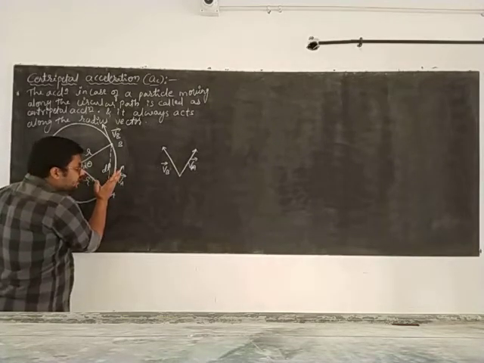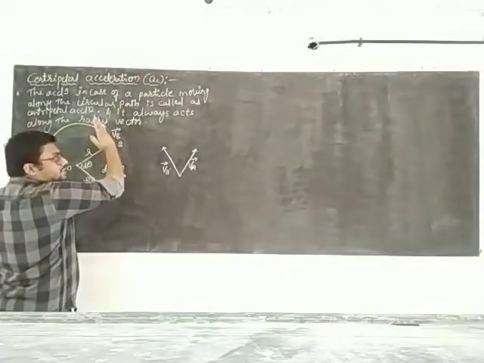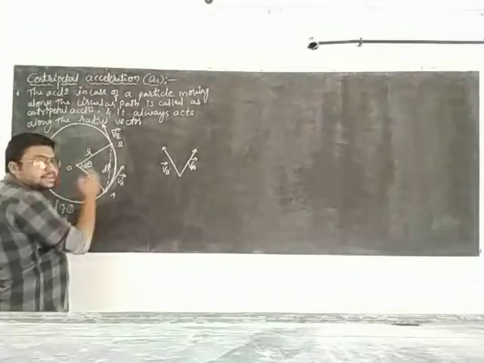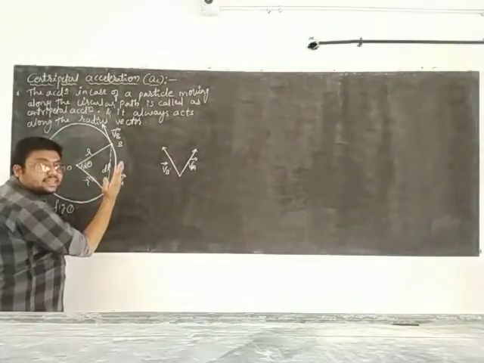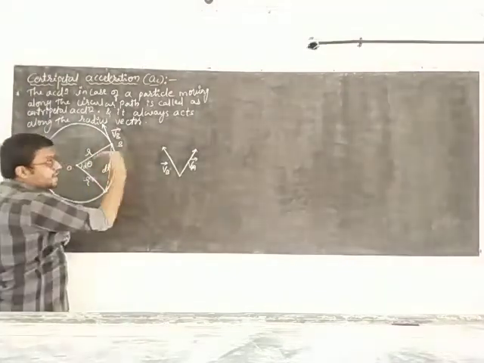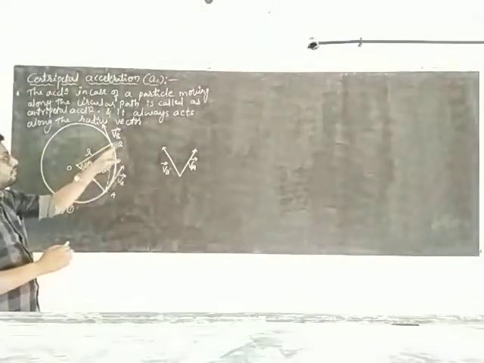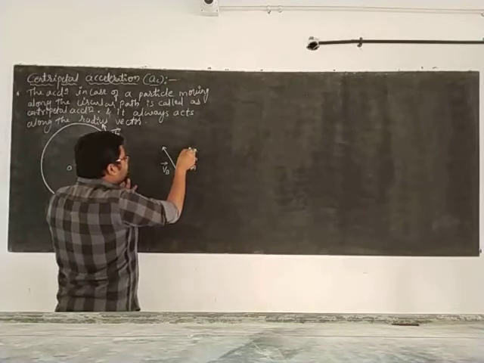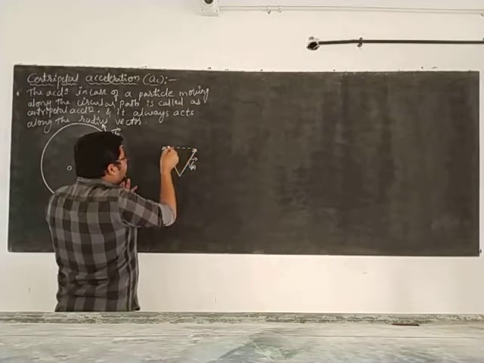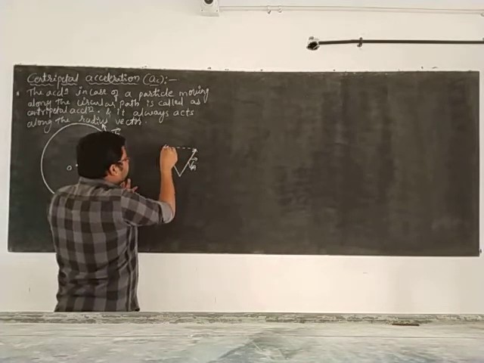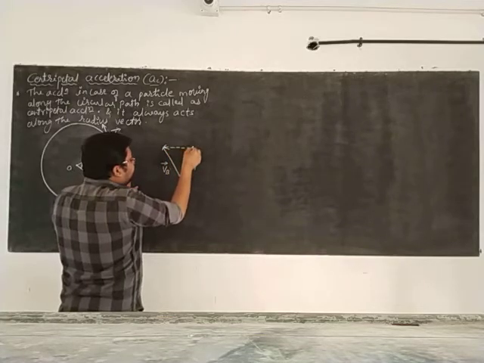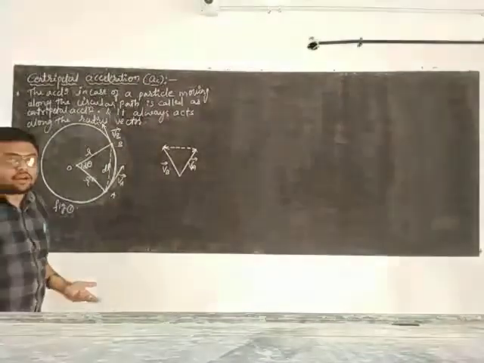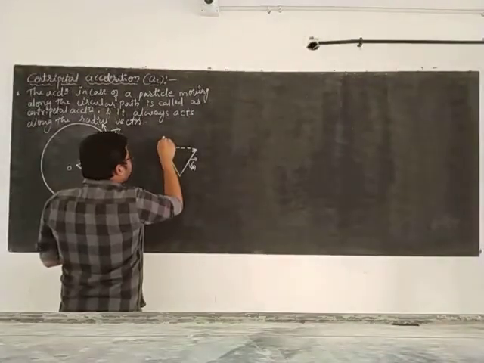Initially the direction of velocity is like this, and here the velocity is like this. As the particle moves along the circular path, the velocity direction is changing in this direction. So here I draw a dotted line in order to indicate the change in the direction of velocity. So this is, I will write